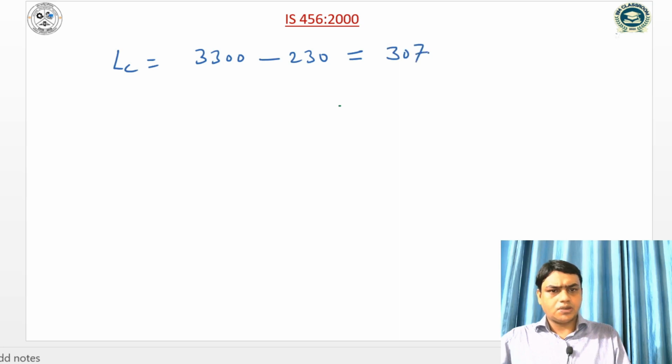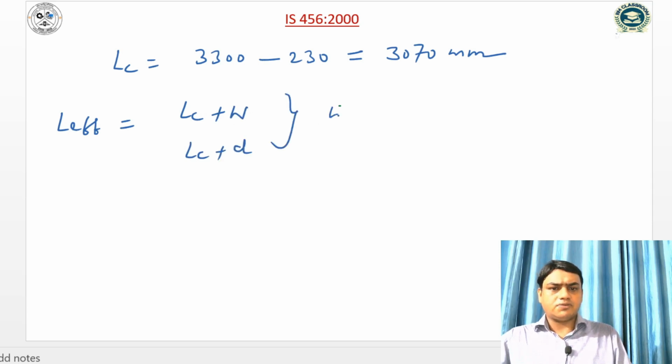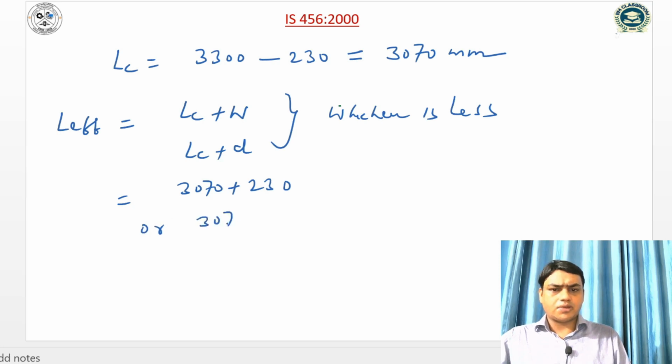So it is 3070 mm. The effective span of the simply supported beam is L clear plus W, or L clear plus D, whichever is less. So we can compute: 3070 plus width of the support is 230, or clear span 3070 plus effective depth is 80 mm. If I compute the value, it will be 3070 plus 80, so it will be 3150 mm, whichever is